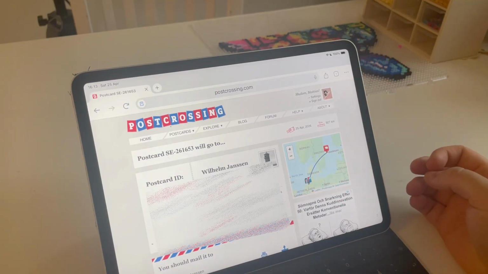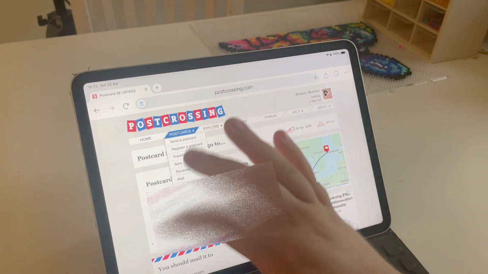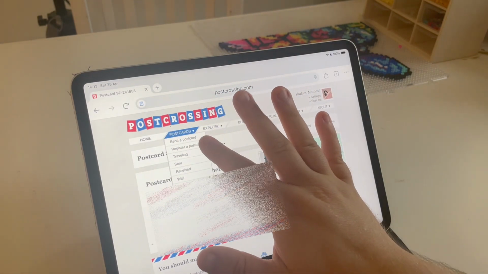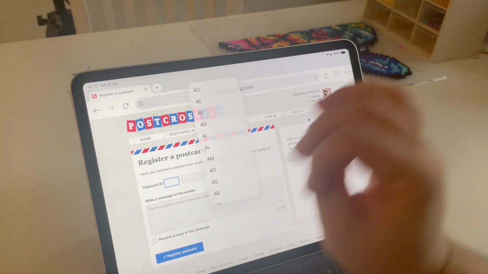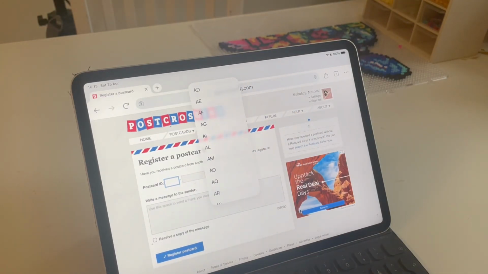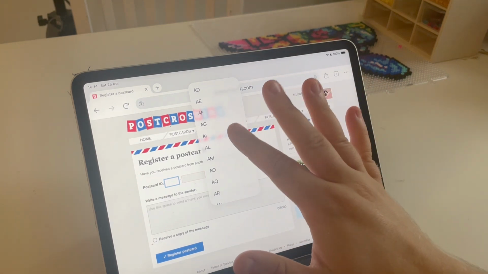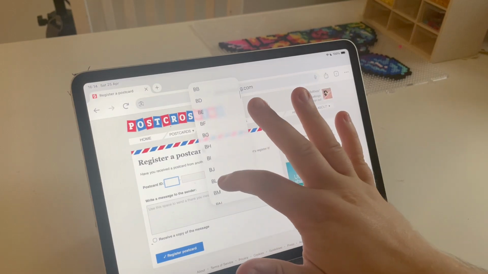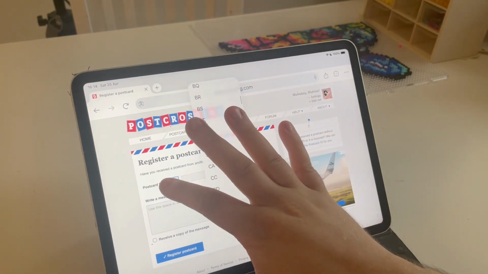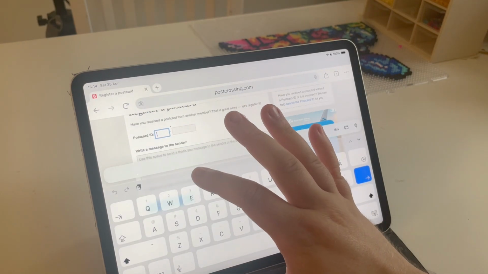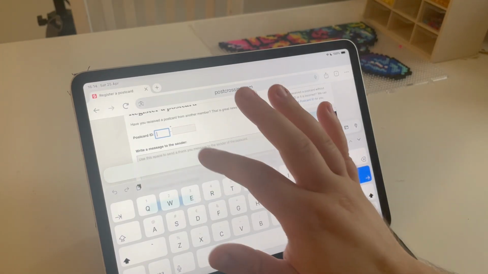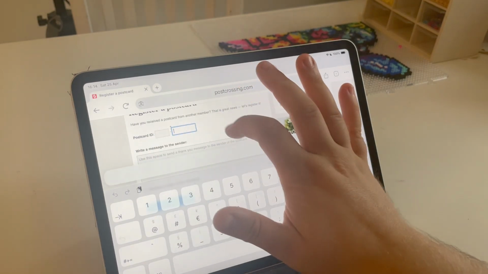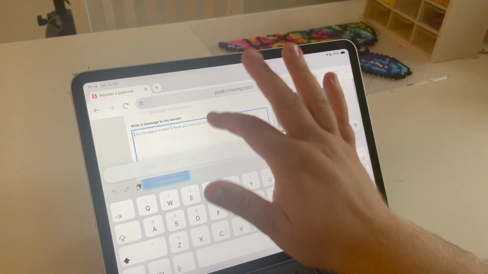Okay, so let's say you have sent a postcard. What do you do when you receive a postcard? Well, you go to postcards up in the top and register a postcard. It says SE because that's where I'm from. I'm from Sweden, but depending on which country you get, as you can see here, you can click one of these, and this stands for different countries. I'm gonna show you on a postcard soon enough, but you can also write it, and then you put the numbers here and write a thank you note,